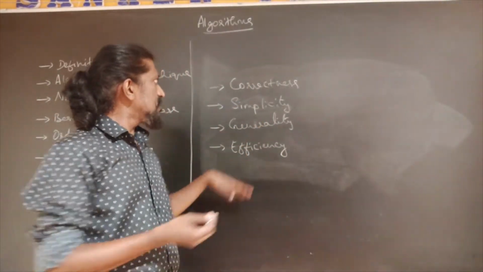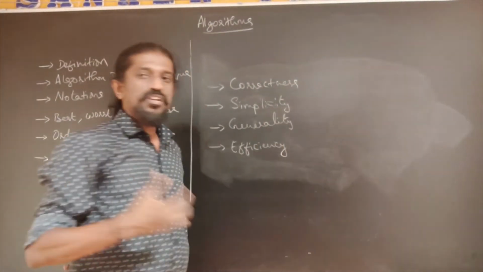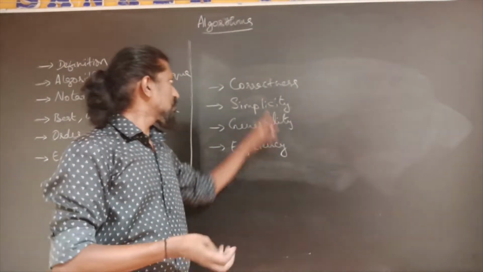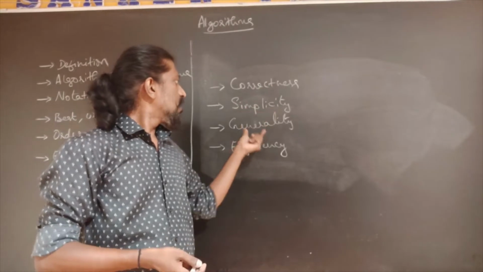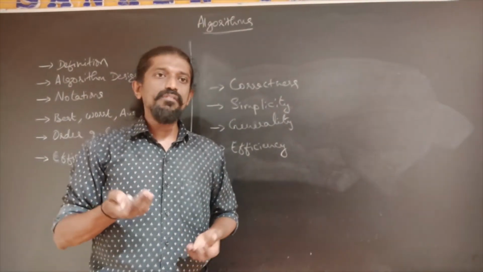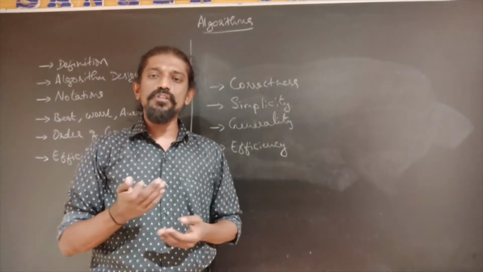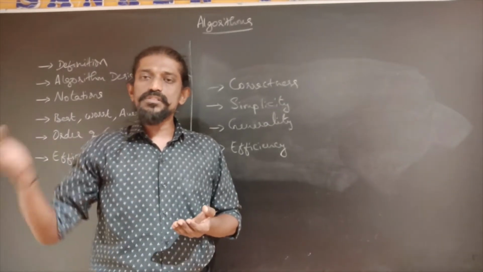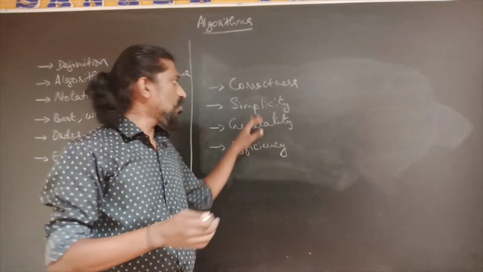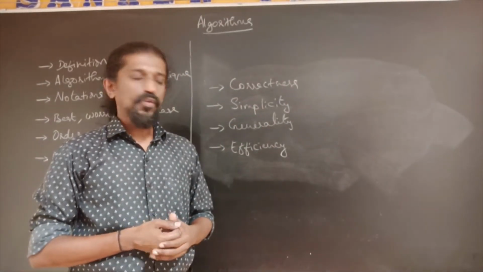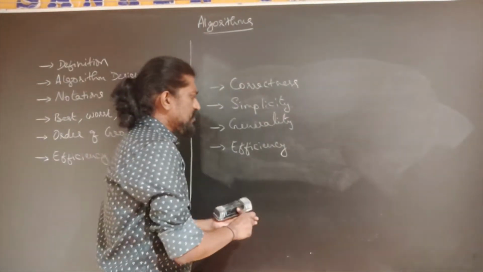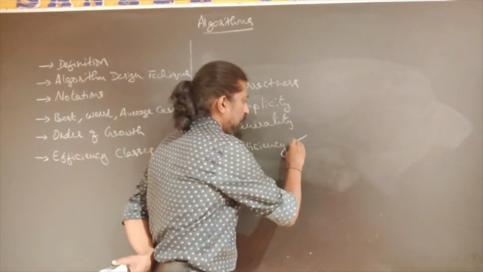Okay, so when we see this, correctness anyways we can measure. When we get the output of an algorithm, we will know whether the output is correct or not, therefore the correctness can be measured. But generality and simplicity can't be quantitatively measured. It may not be possible for us to always tell that this algorithm is this % simpler than the other algorithm, or this much complicated, or this much general. So that may not be possible to measure quantitatively. So therefore we analyze the algorithm based on efficiency.